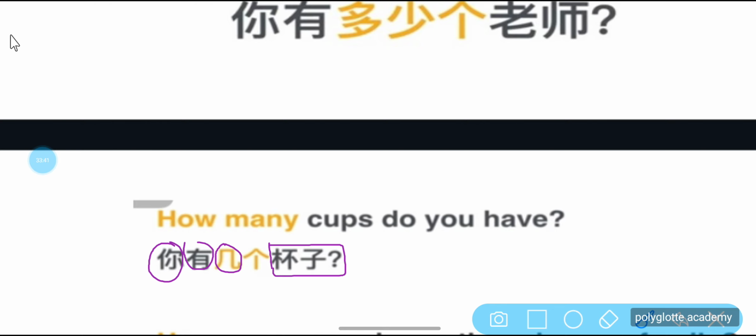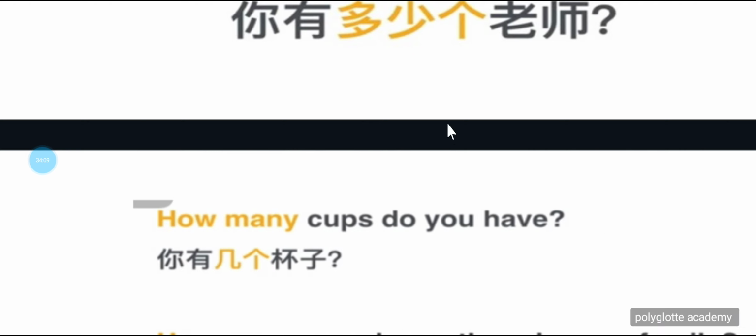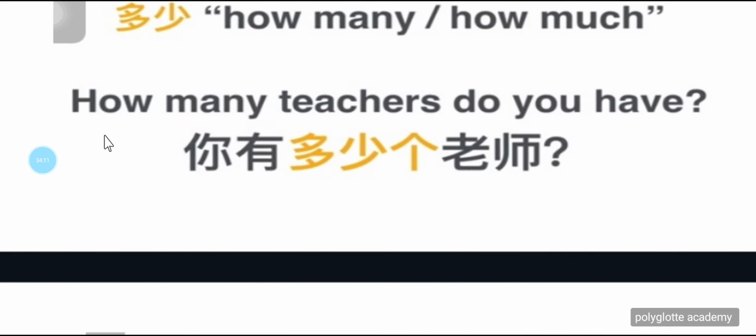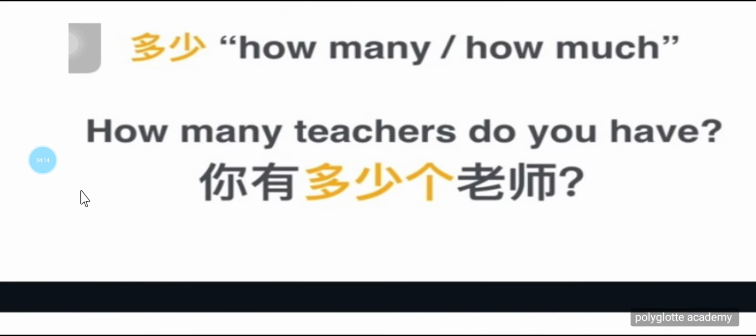杯子, which means a cup. So how many cups do you have? We suggest that the cup should be less than 10. So 你有几个杯子? How many cups do you have? 好，继续. Now, in this case, we have